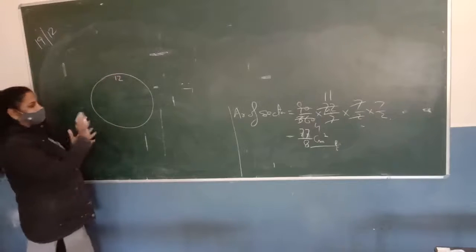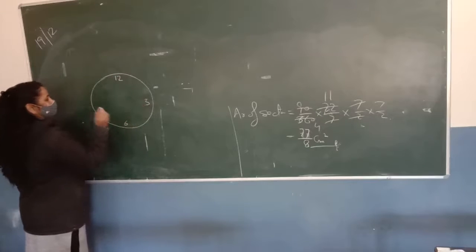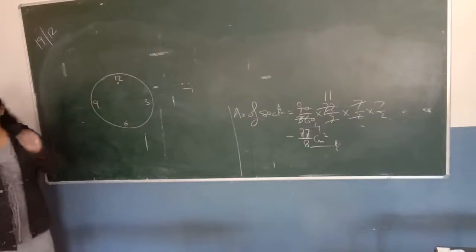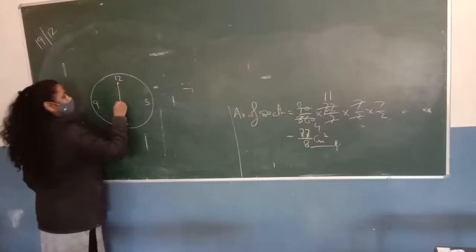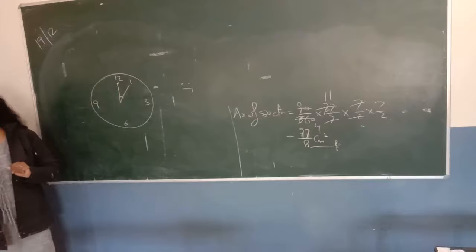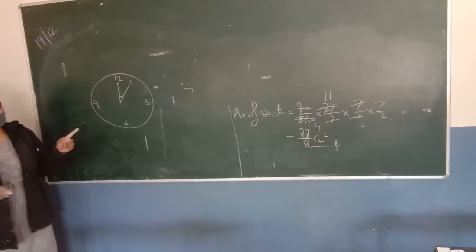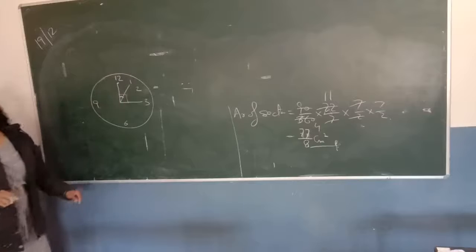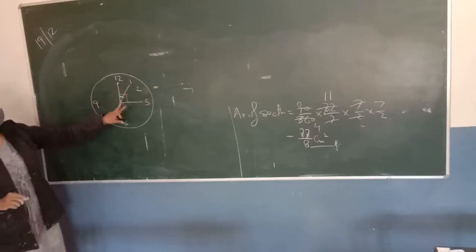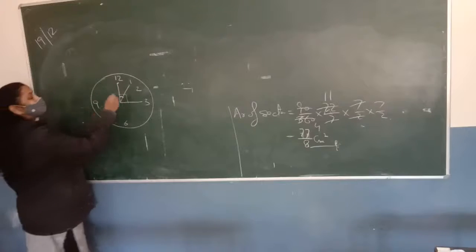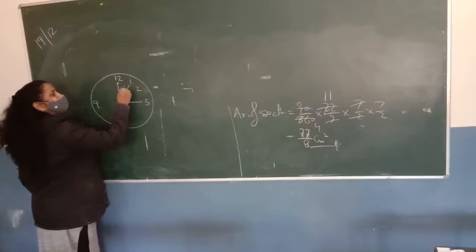Suppose this is the clock. 12, 3, 6 and 9. Can you imagine what should be the angle in 5 minutes? Suppose this is the 5 minutes, no? So what should be this angle? 30. How did you get 30? Because half is quadrant by the 91. Good. Since we know that this angle is of 90 for 15 minutes, for the 3 divisions, this angle is of 90. Or for the 1 division, it should be 90/3, it will be 30. So for 5 minutes, the angle of the sector is 30.